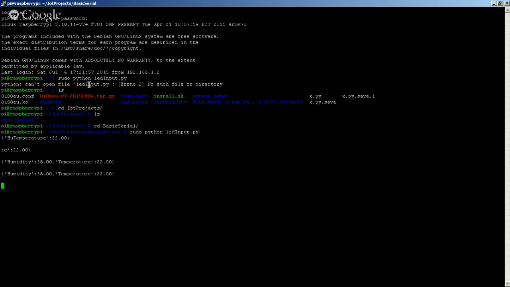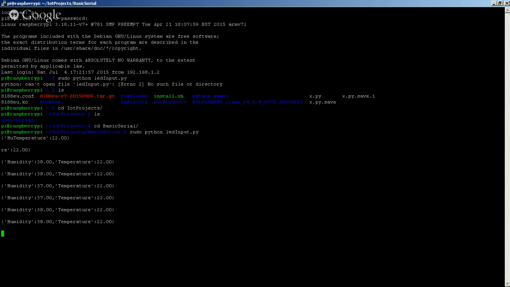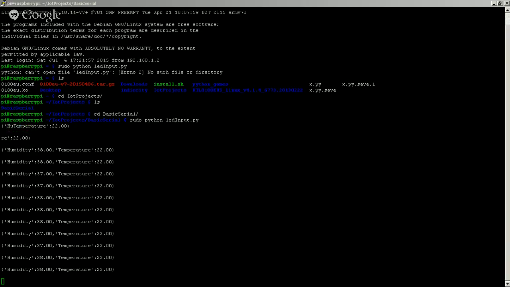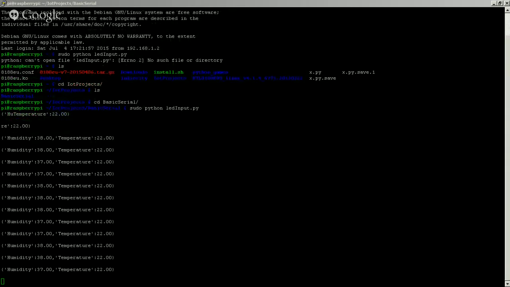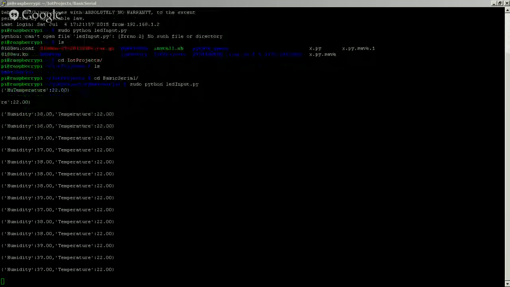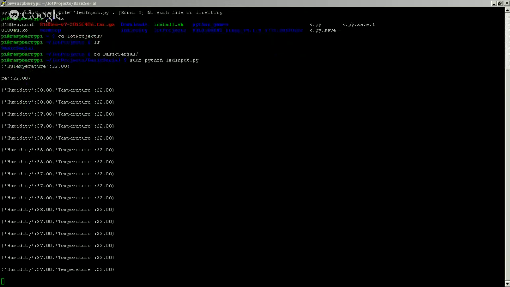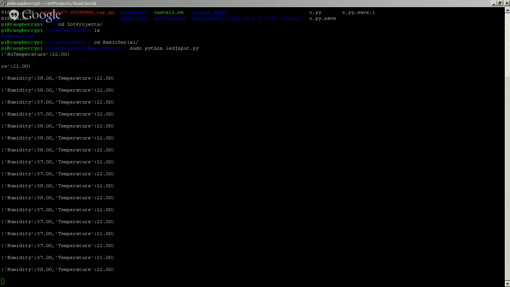So this is, I'm keep running this one. Okay. So this is the temperature sensing from the sensor, and it's giving back to the Azure data service.